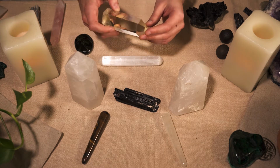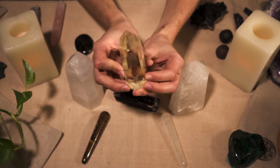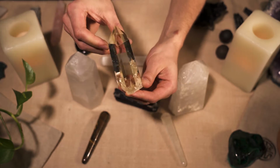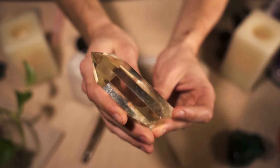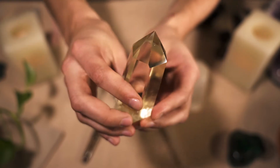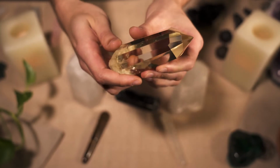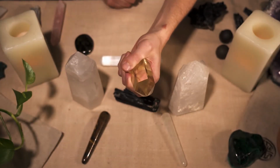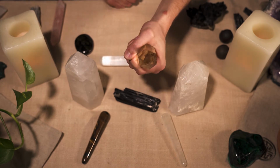Next, we will do my citrine. So citrine comes in this golden hue. It's an absolutely beautiful golden color. And it is said that the citrine holds the energy of the sun, which is a very powerful type of energy. As you can see in its color, when you hold it, it even gives you the feel of its